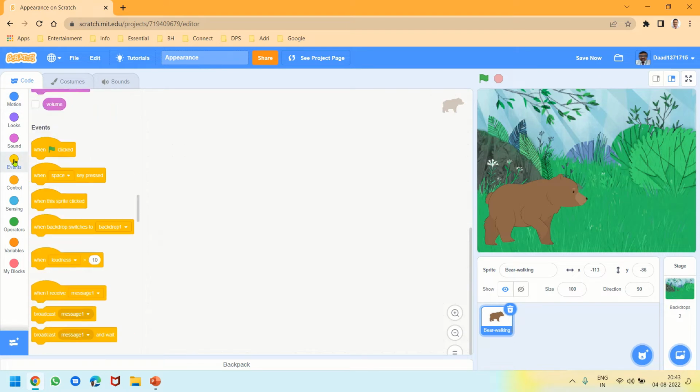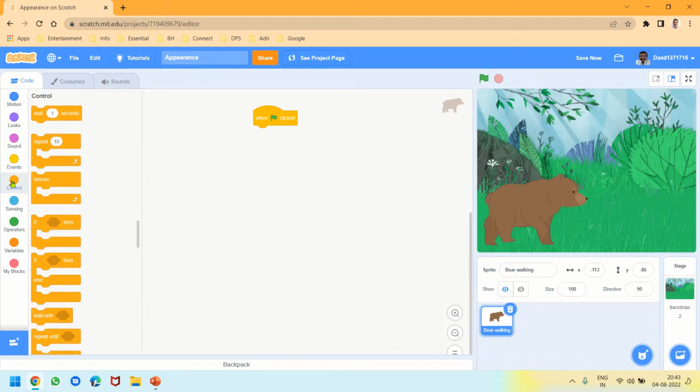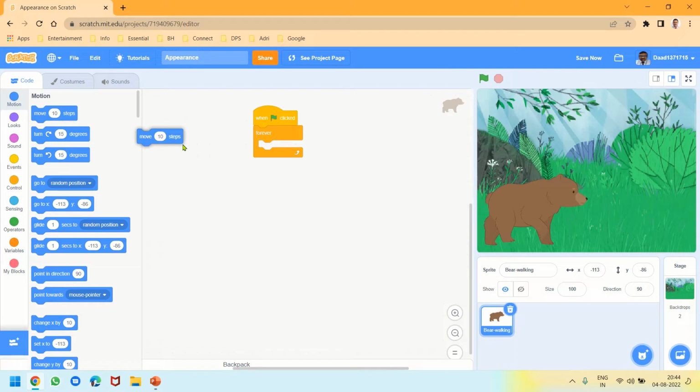First, from the events we will take when green flag clicked. So this will work when you click on the green flag. Next, we will use control and we will use forever and put it here. Then from the motion we will use move 10 steps,